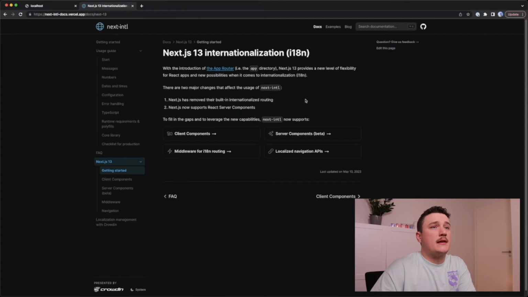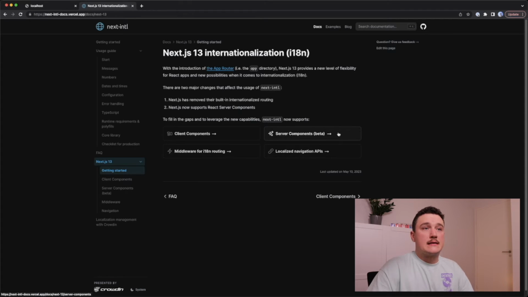And right here, they are saying that with Next.js 13 and the app router, there are two major changes when using the NextIntl. The first one is that Next.js has removed their built-in internationalization routing, and the second being that Next.js now supports React server components. And in order to leverage these new capabilities of Next.js, NextIntl now supports client components, middleware for i18n routing, localized navigation APIs, and